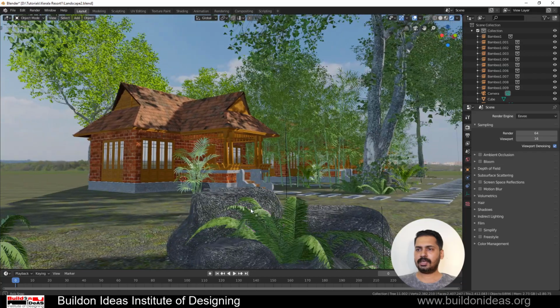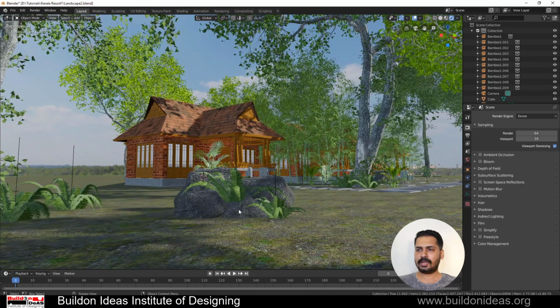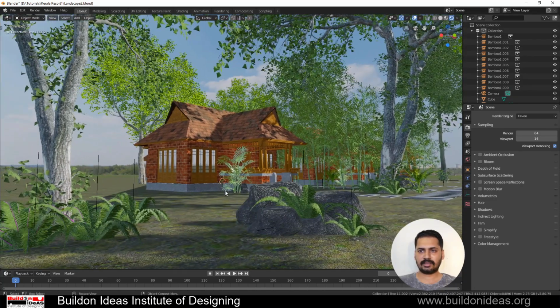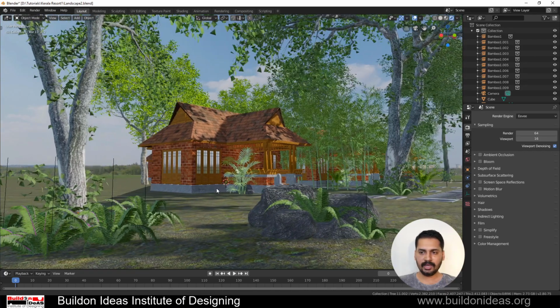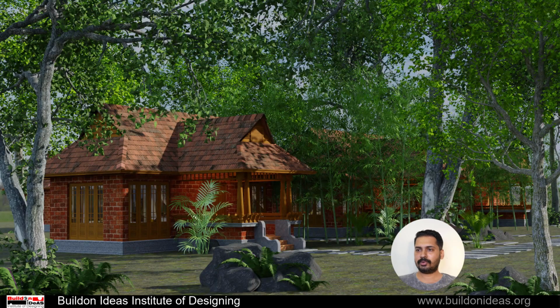The visual you can see here is a model which I've created in Blender 2.8. This is the layout in which I've created this. This is the viewport of Blender 2.8. Now coming to the output, you can see this is the output which I've created using Blender 2.8. So this has a really cool feel, and you have all the realistic